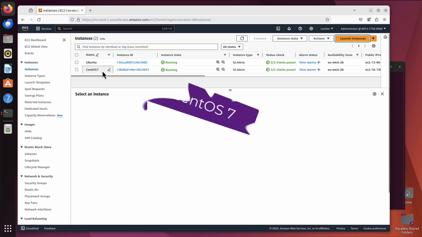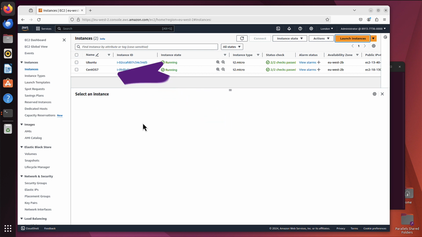I will show you now how to install it on CentOS 7. And I specifically chose that old operating system, so you can see exactly what I'm talking about, Python 2 versus Python 3. So if I go to that CentOS, by the way, this is AWS, and as you can see, I've got two servers running. If you are interested in how to set up AWS Cloud and how to set up the server, I will paste the link, it should be displayed right now, so you can do that yourself later on.